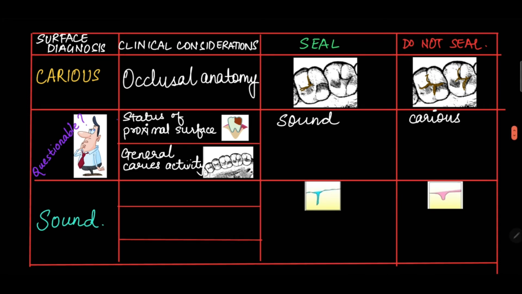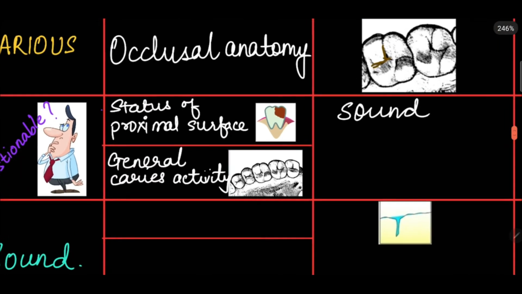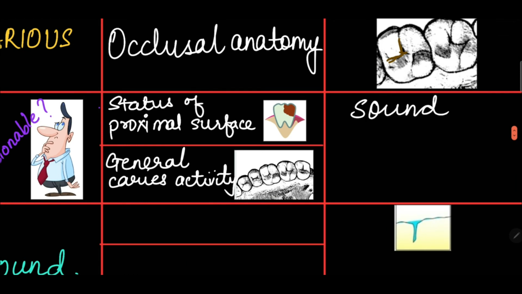You also look at the general caries activity of the mouth. So if you look at the tooth and you see that there are a lot of surfaces that have caries occlusally, so you're checking these two teeth, but then you see that even the premolars have caries occlusally, even the third molar has caries occlusally, which means that a lot of teeth have occlusal lesions, then you would decide to seal this tooth. But if occlusally there aren't so many lesions, but proximally you're able to see a lot of lesions, then you will not seal this tooth.